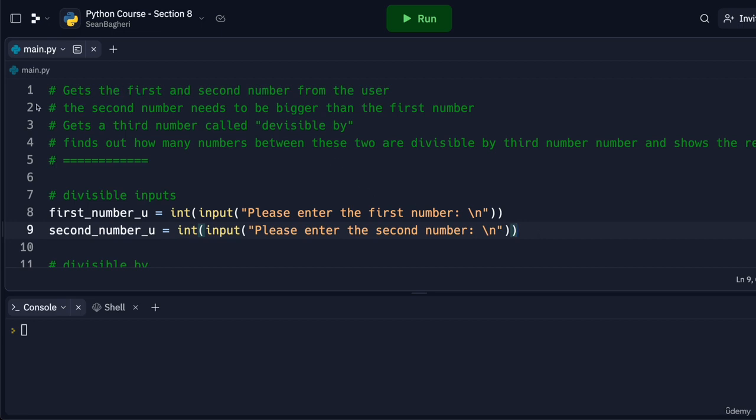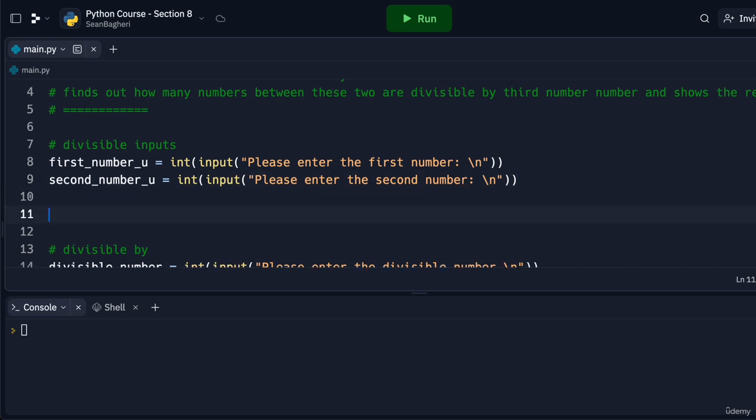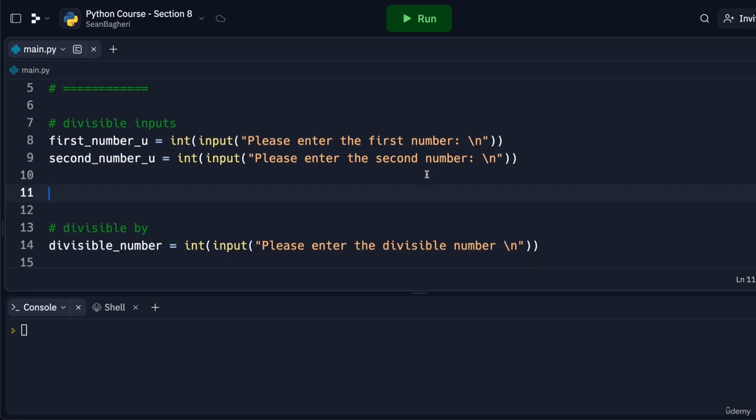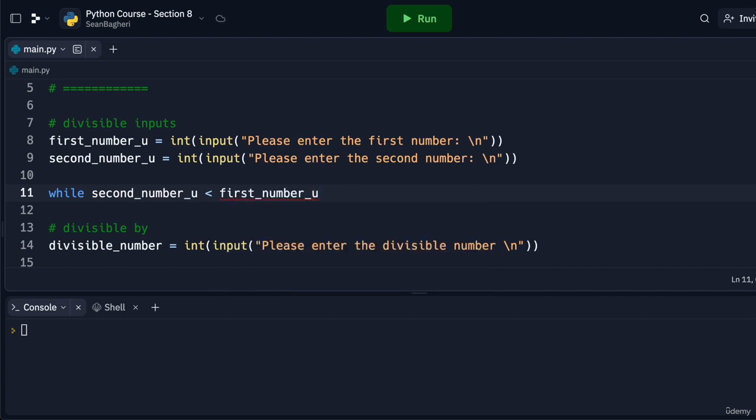So if you remember, the first thing we want to do is make sure the second number needs to be bigger than the first one. So this is a condition that we need to constantly check. And the best way to do this is just to use a while loop. And I'm going to drop a while loop right below these divisible inputs before we even go to the third input, right? So I'm just going to say while second number is smaller than the first one, first number,